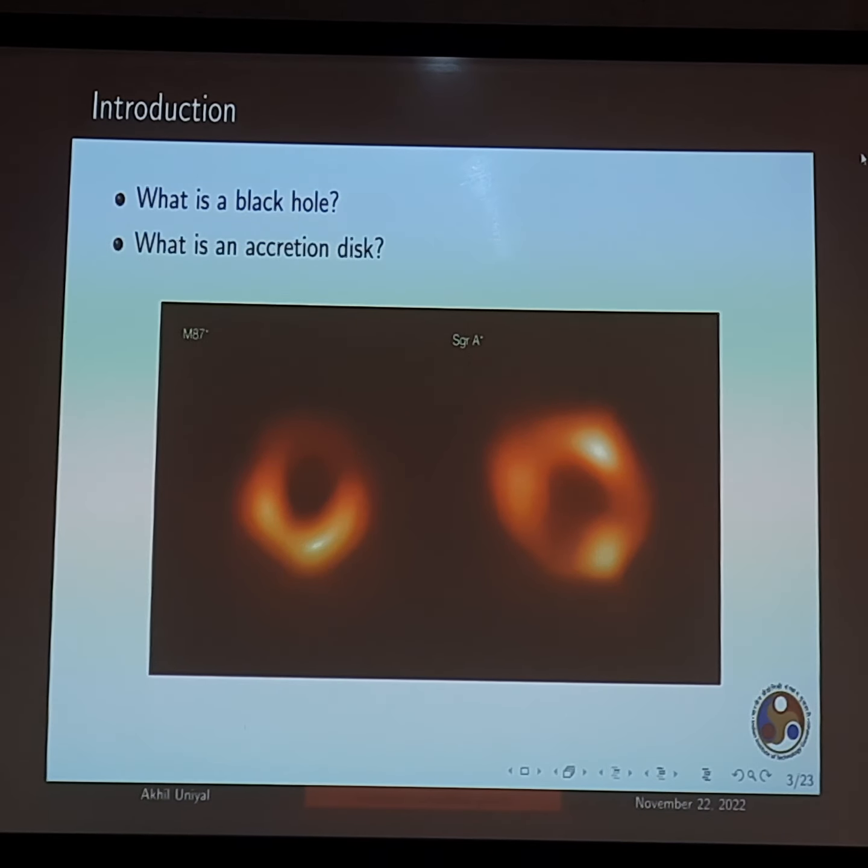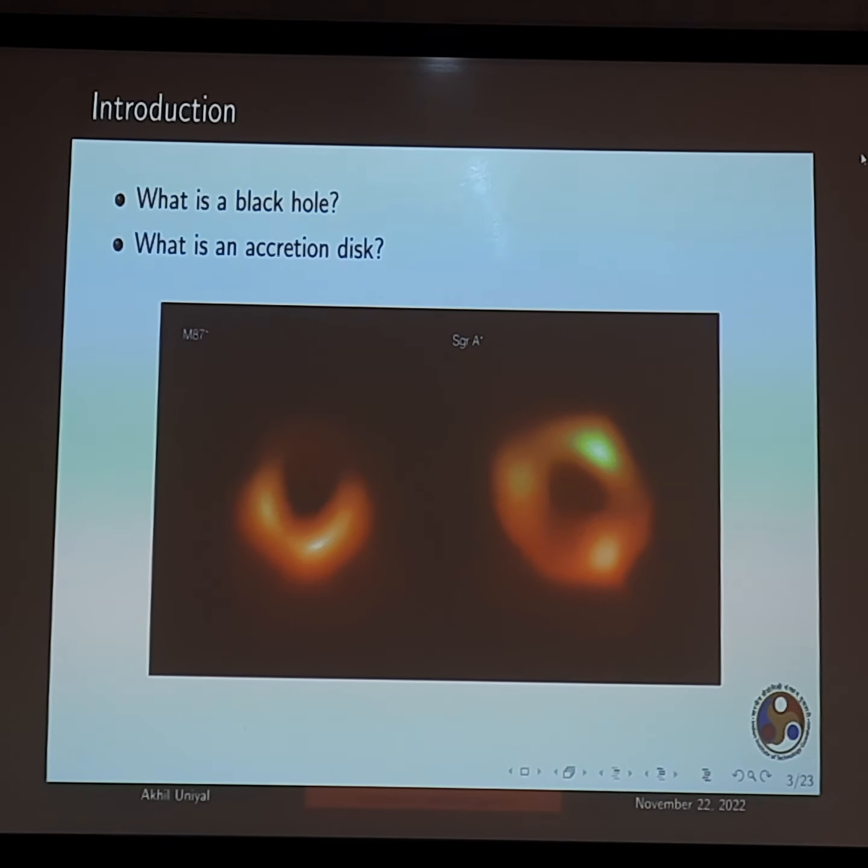You cannot actually detect a black hole directly, but what you can do is rely on the outside material which is accreting around the black hole. That is what we call the accretion disk. For M87, this region is coming because the accretion disk is present here. For Sagittarius A star, it's not clear it is an accretion disk, but some material is there. We are seeing some matter evolving, and this brightness is coming from there. That's the reason we know there is a black hole. So the objective of my study is to study the black hole in modified gravity.